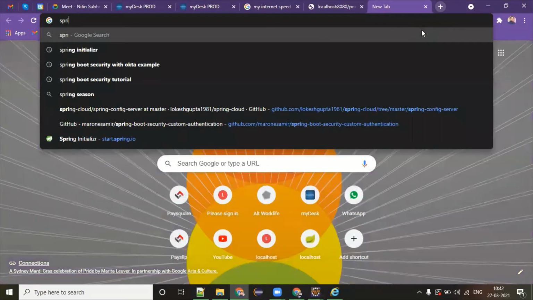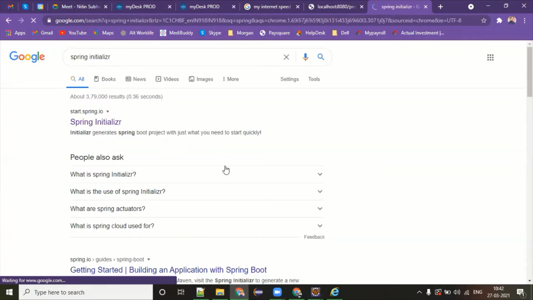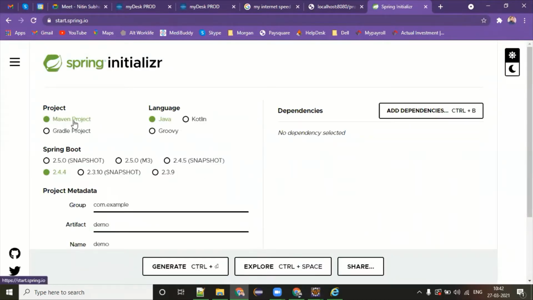I don't know whether you have worked with Groovy Gradle or not. If you go to Spring Initializer, by default Maven project is selected, but there is an option for Gradle project. So I wanted to give you a flavor of how a Gradle project also works, where you can put dependencies and the remaining flows are the same. When you select Gradle, the idea is to select Groovy, which is relevant for Gradle projects, but it's not mandatory. You can select Gradle with Java also, that is completely fine.